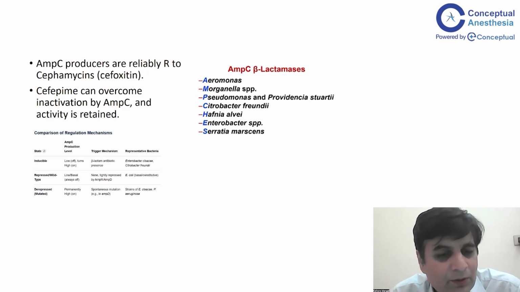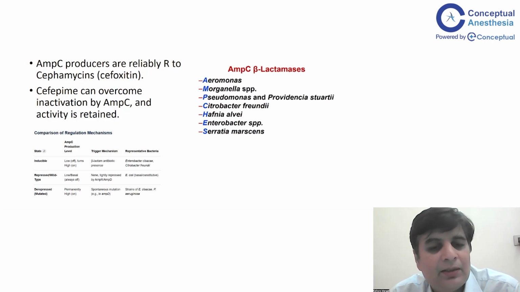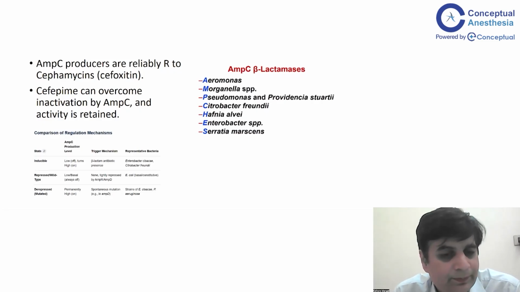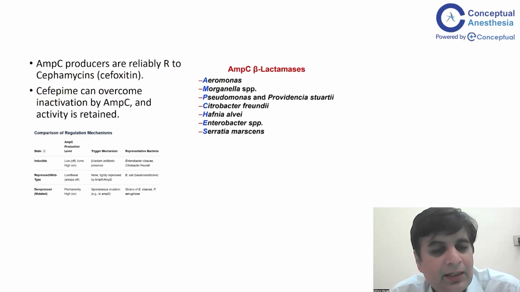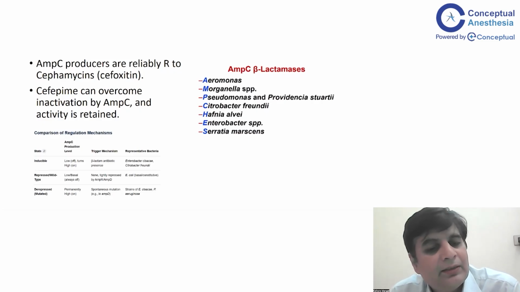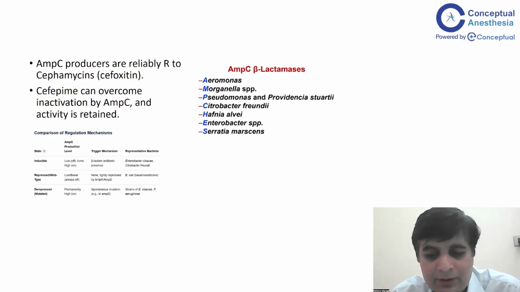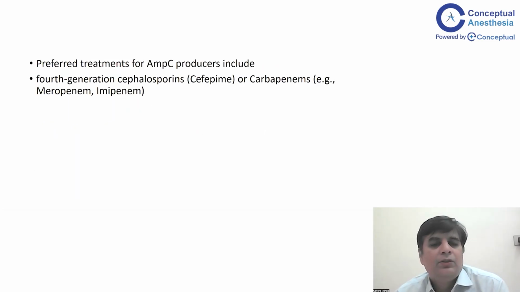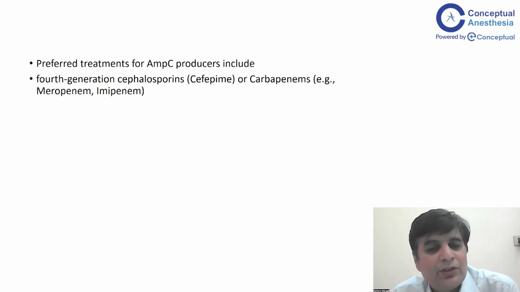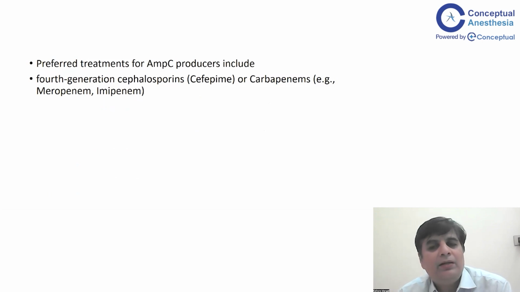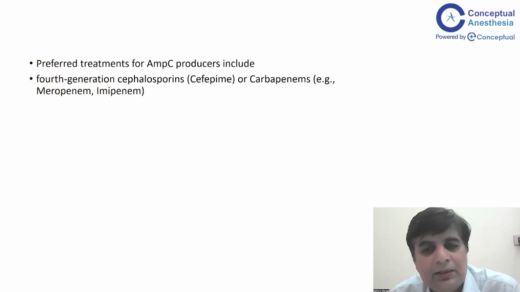So normally they are not working, but when they see a beta-lactam, their activity increases multifold. Repressed is where their activity is low and they remain off as well. This we see in E. coli. De-repressed is where their activity remains permanently high because of spontaneous mutation. This is also seen in Enterobacter and Pseudomonas aeruginosa. So preferred treatment for AmpC producers is fourth generation cephalosporin, that is cefepime, and if that is not working clinically, then you can also go for a carbapenem, meropenem or